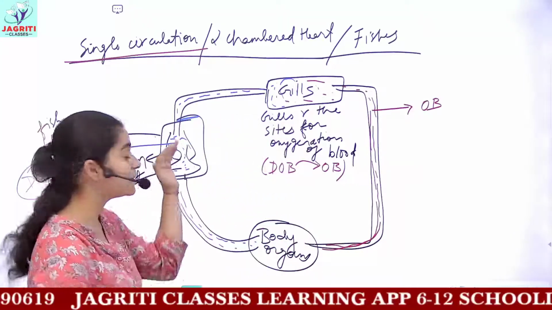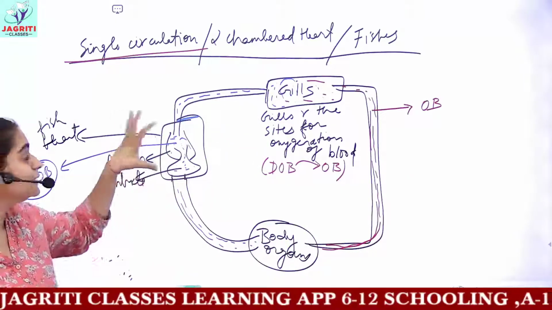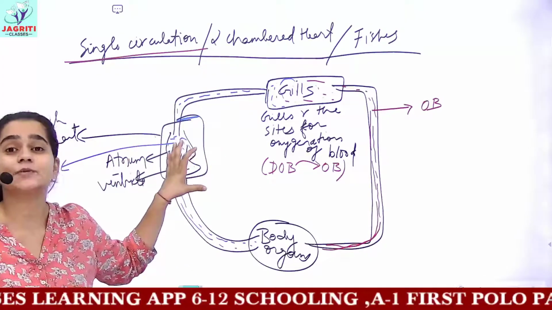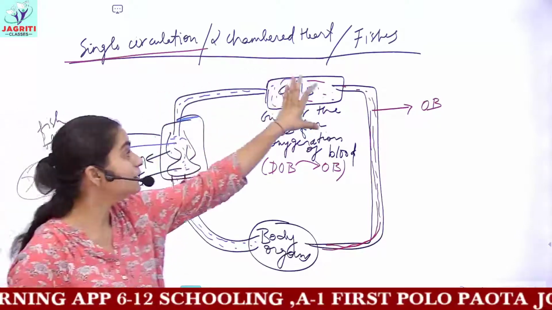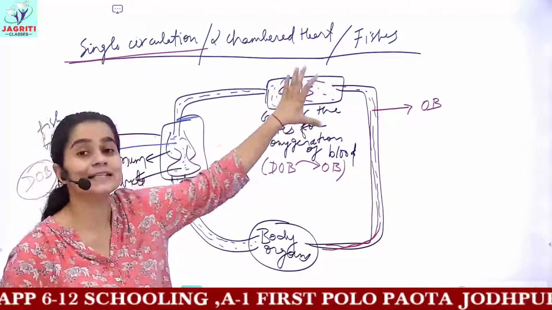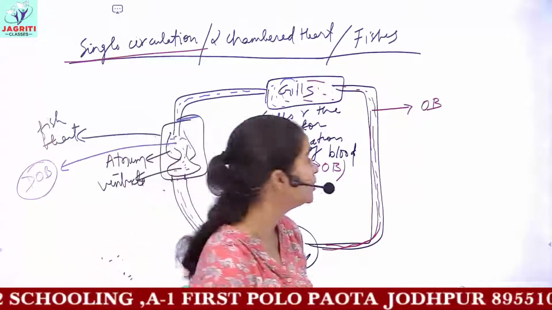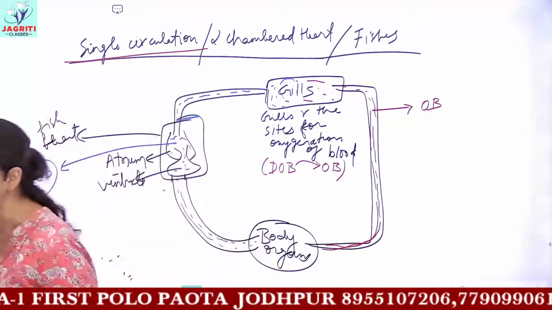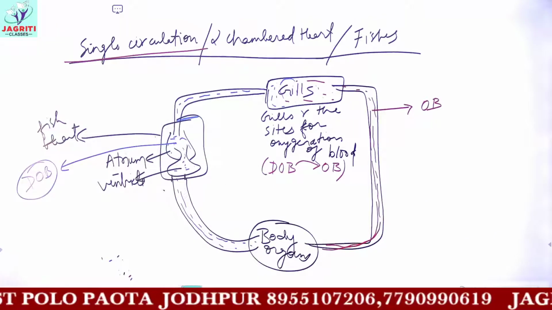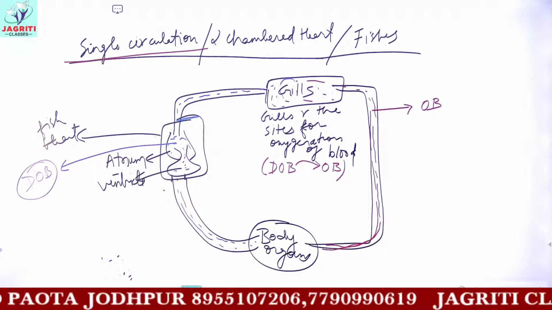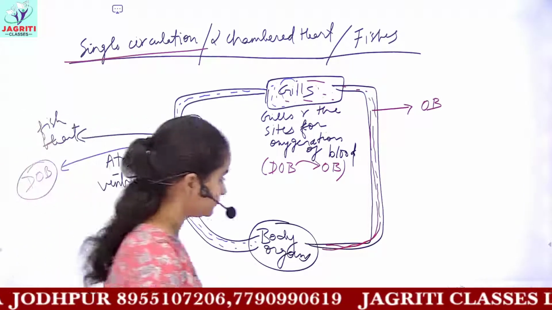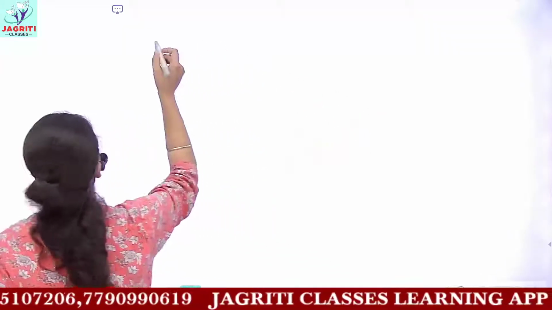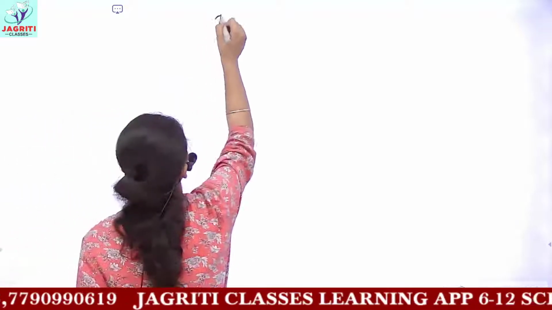There is no proper separation, yet there is no intermixing of bloods. The heart is not responsible for any kind of purification; the sites of oxygenation of blood are the gills present on the body surface of the fish. So this is the single circulation in fishes. And you are not required to know the three-chambered heart, its physiology and functioning, so we will not do it in detail. Next, what you have is the difference between blood vessels. So you know, what do you mean by blood vessels?